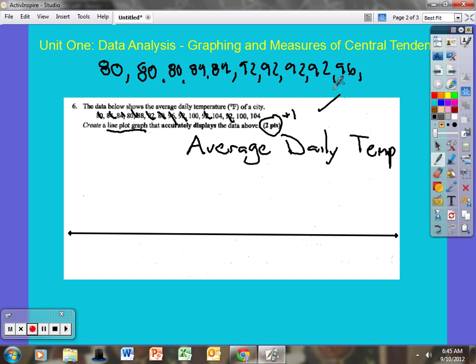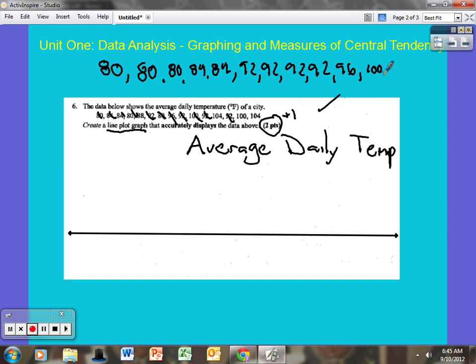Nothing else in the 90s. I have 100. Let me scroll this up. I have not only 100, I have two 100s. And then I have two 104s. So,